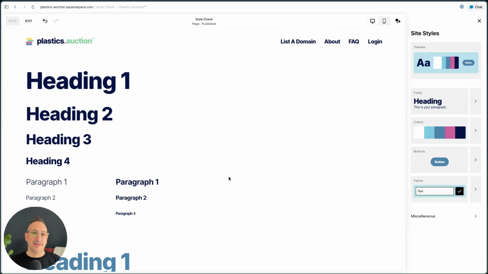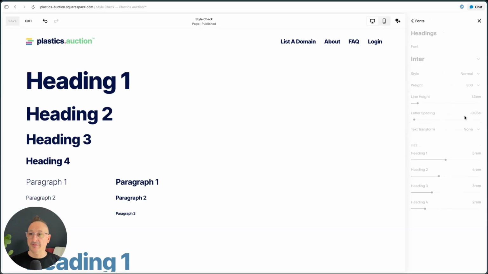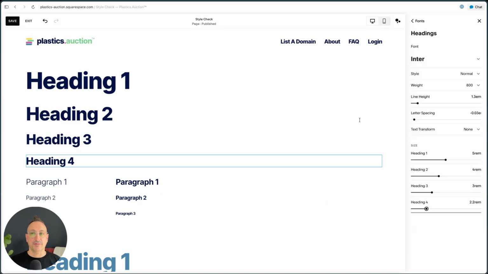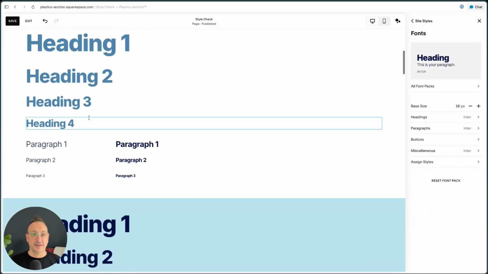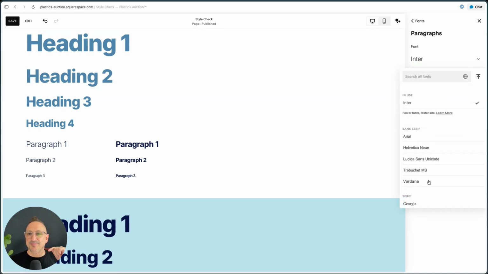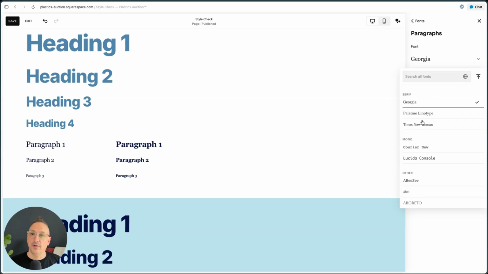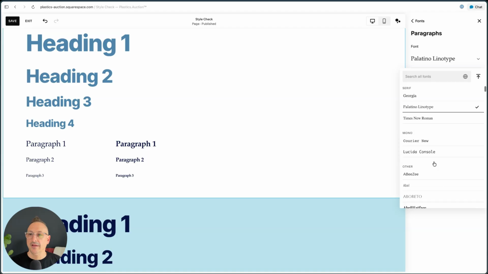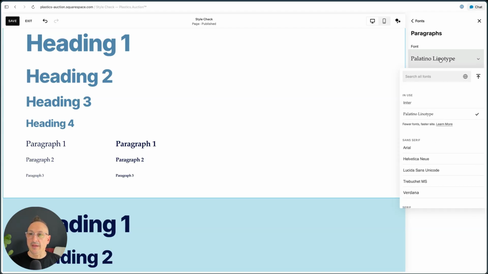First, I think that our heading 4 size needs to come up. I'm going to go in this font, and heading 4 needs to come up just a little bit because it's too close to our paragraph 1. There we go. Done. And you can see that cascades throughout. And we're using the same font in here for headings and paragraphs. So if we were to use a different font for paragraphs, that issue may not be as apparent, like if, say, our paragraphs were Georgia or Palatino. You get the idea, right? So in general,